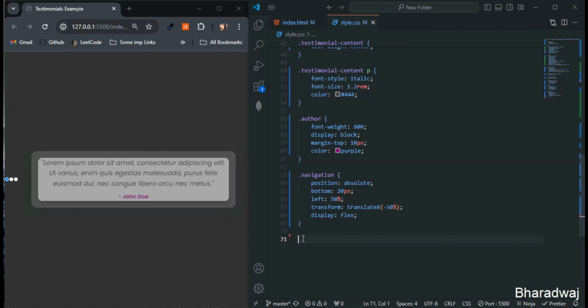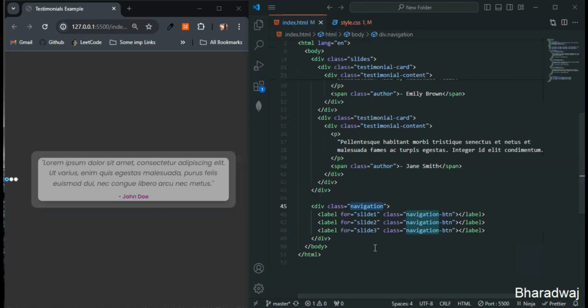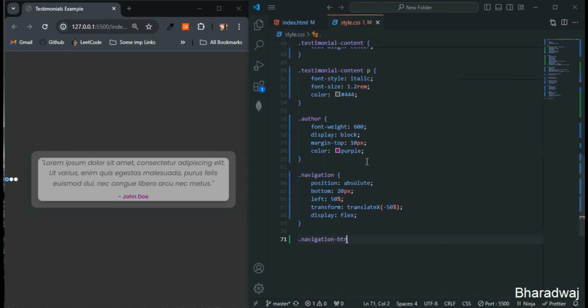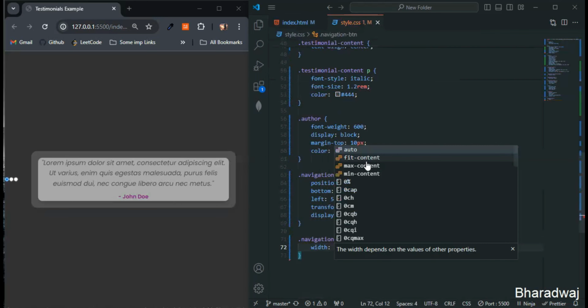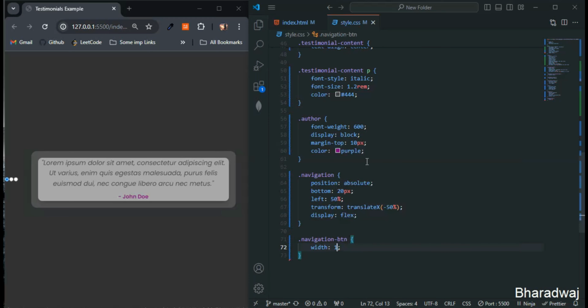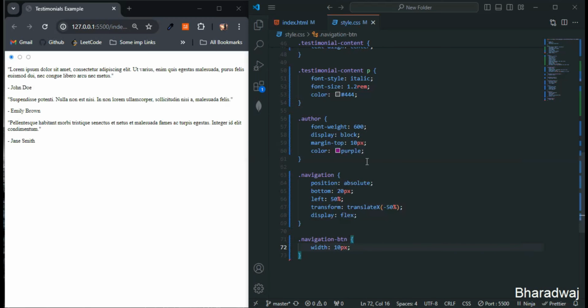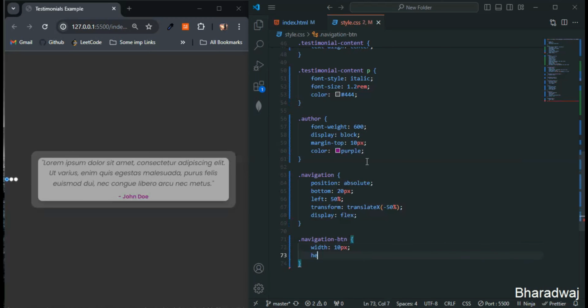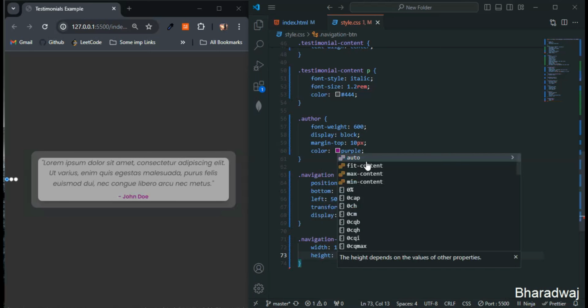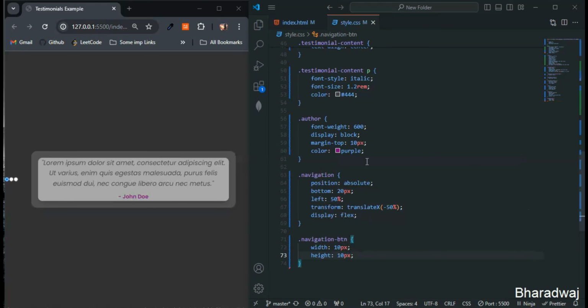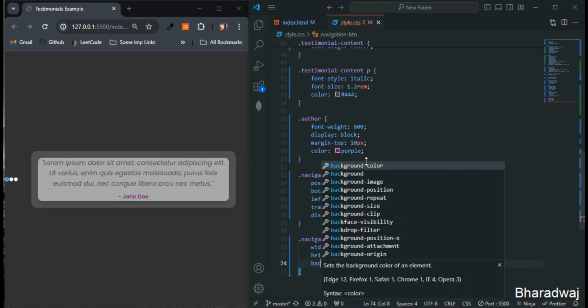Now, let's style for the navigation button. I'll just come here. Where is navigation button? Let me copy this one and paste it over here. For the navigation button, I'll just give width of 10 pixel, height of 10 pixel,